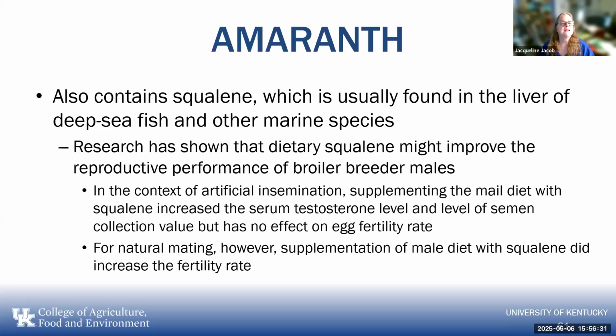They also contain squalene, which is usually found in the liver of deep sea fish and other marine species. Research has shown that dietary squalene might improve the reproductive performance of broiler breeder males. If you're doing artificial insemination, a male diet with squalene increased the serum testosterone level